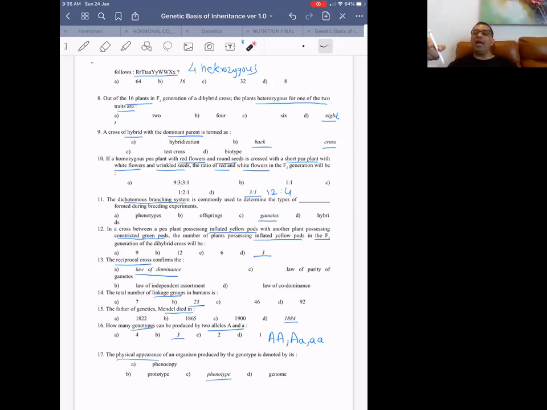और any recessive character F2 generation में कितना आएगा? 4. By the way, उनका ratio क्या निकला? 3:1, which is same as monohybrid ratio. So simple probability statistics, a dihybrid ratio के अंदर you get 12 dominance and 4 recessives, which is a ratio of 12:4, which is same as 3:1, which is same as monohybrid when one character is considered.